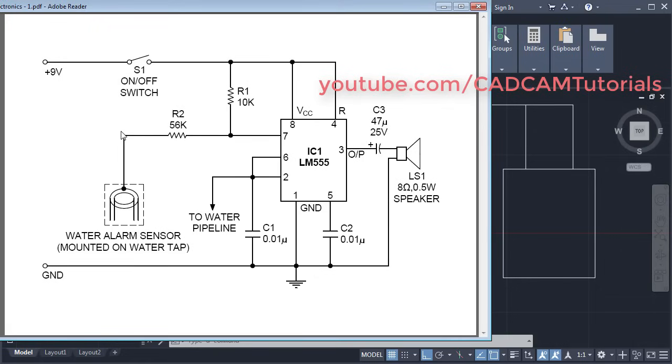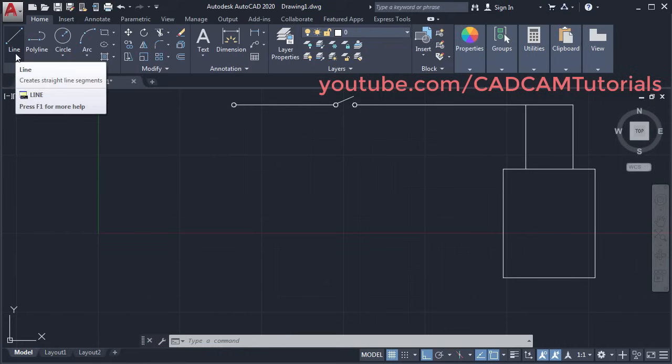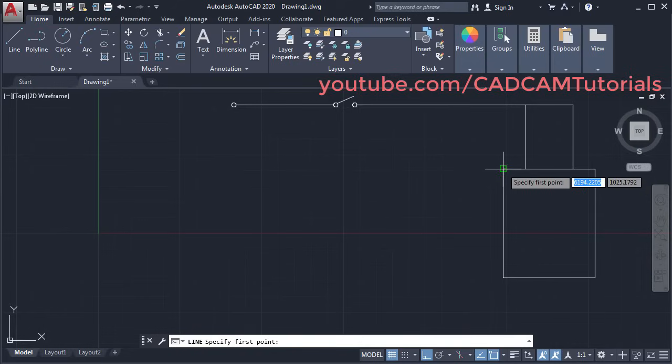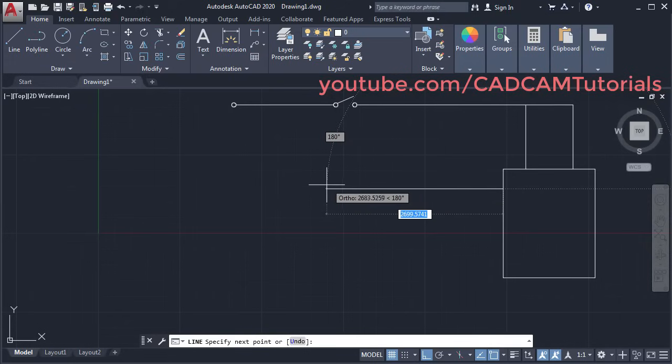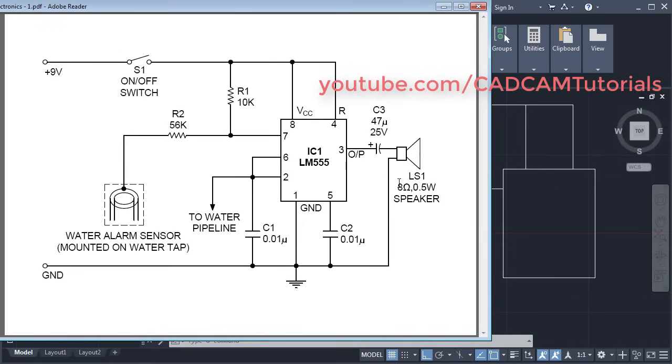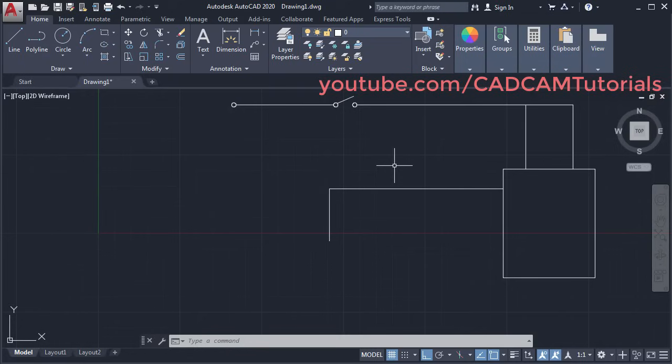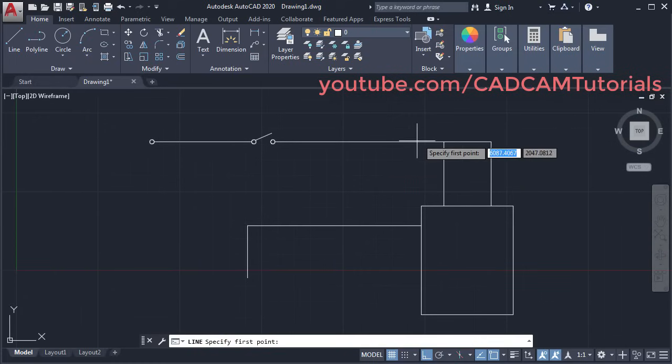Then we will create this horizontal line and vertical line. Again click on line, then take your cursor to this endpoint, take it below, click, take your cursor on this side. We will create this line in line with this switch. Click here, take it below and click enter. Then next is this line. Press enter. You can press enter to repeat the last command. Press enter, then take your cursor to this endpoint, take your cursor on this side, click, take it below, then